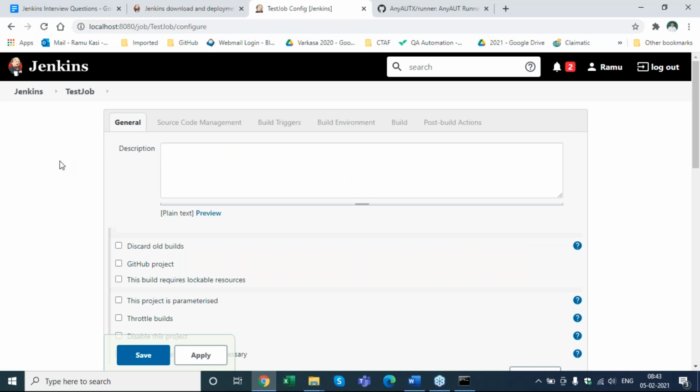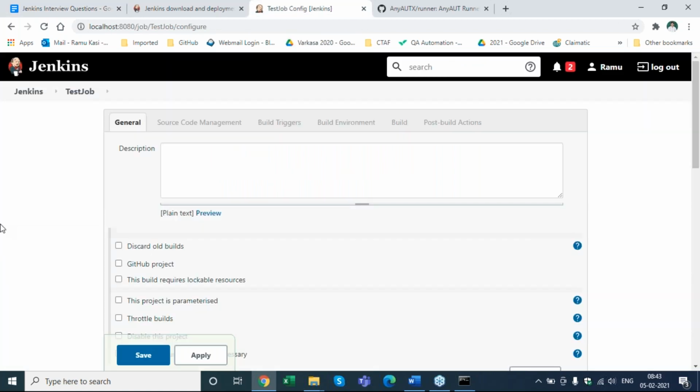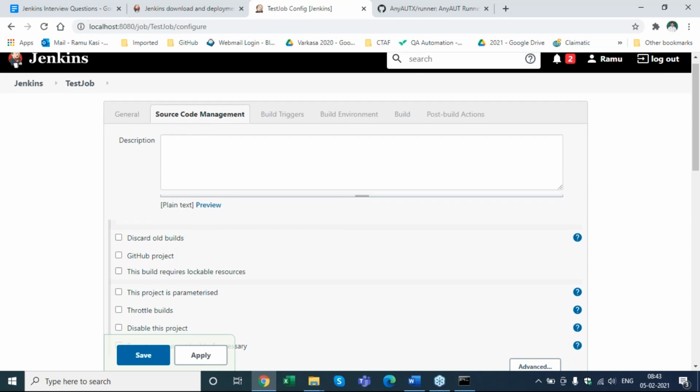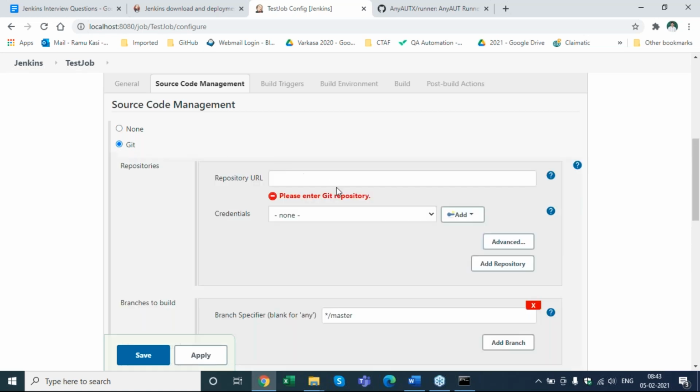Yeah, team. So let's assume we have installed all the Git plugins. So now how do we answer this actual question? How do I integrate my Git with Jenkins? So this is my job. Go to the second tab, source code management. Click on that. Scroll down. There will be an option called Git, and we have to enter the repository URL. Git URL. Okay, great. Yes, team.